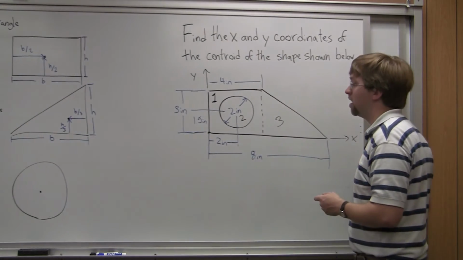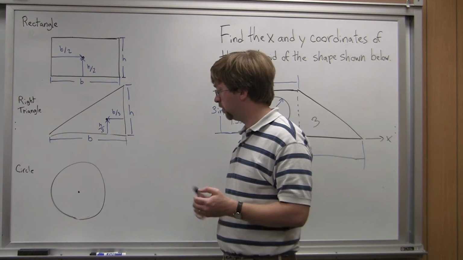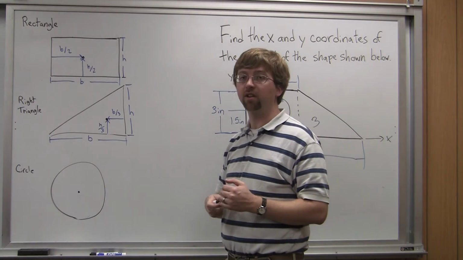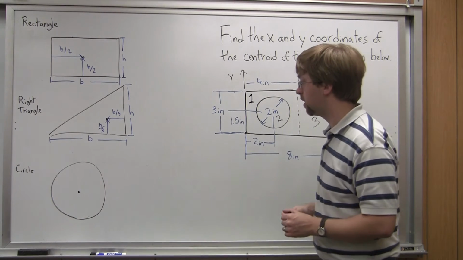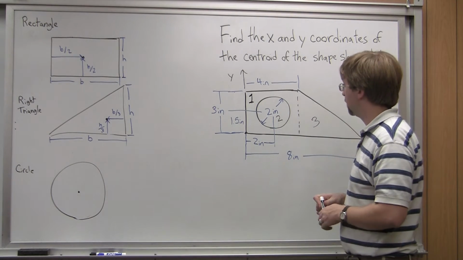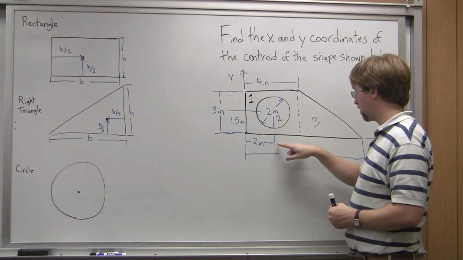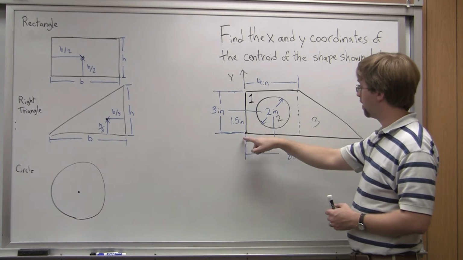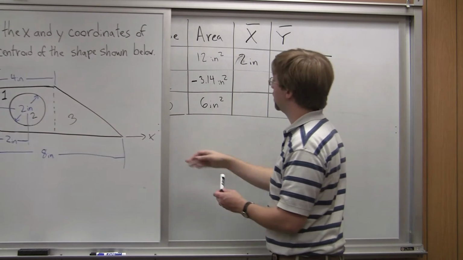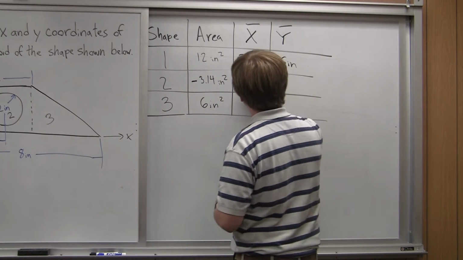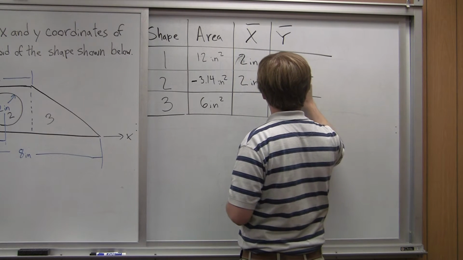Alright, so next we have the circle. And I really didn't draw in any dimensions for this circle, because usually we measure everything with respect to the center of the circle. And the center of the circle is the centroid of a circle. So I just need to locate the center of this circle over here. Going from my origin point right here, the center of the circle is simply defined on the graph. It's 2 inches this way and 1.5 inches up. So I end up with the same values here. The center of the circle is 2 inches over and 1.5 inches up.